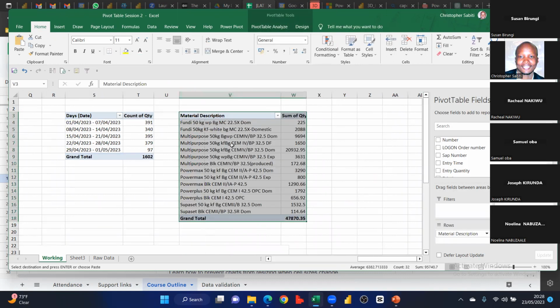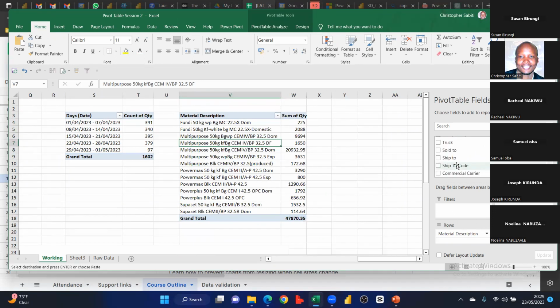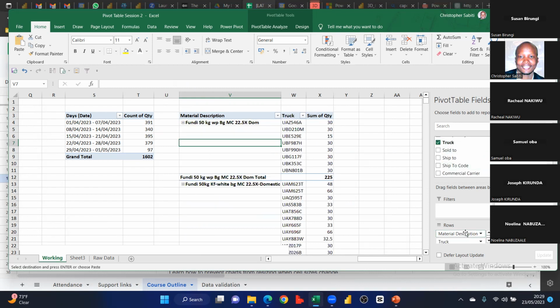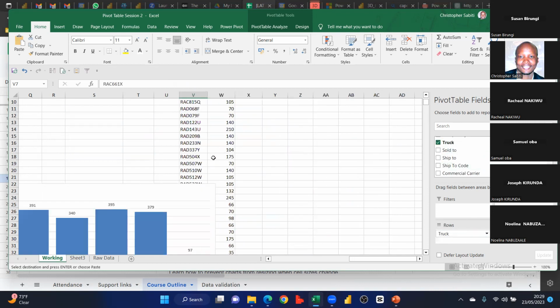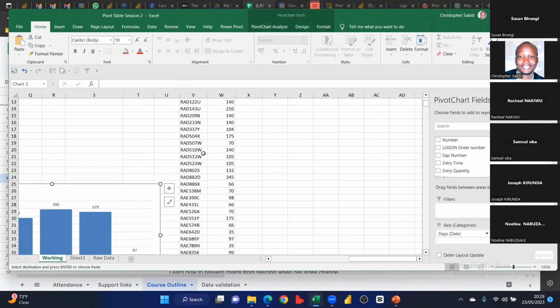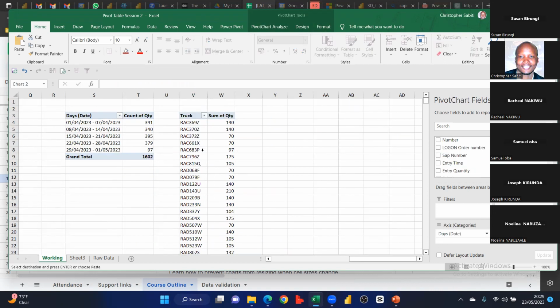The first question is, what if this material description was not material description, was tracks? So what if it could actually be, like this, transporter and truck. Oh, now if you need a transporter, you can always choose who is the highest. The reason why I was telling you to always put in tabular form is this. So which means if I bring the commercial carrier here,